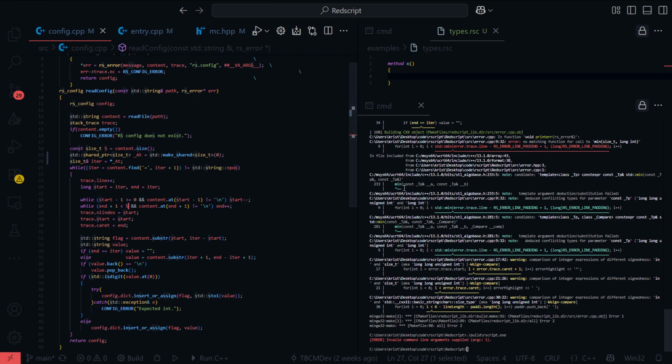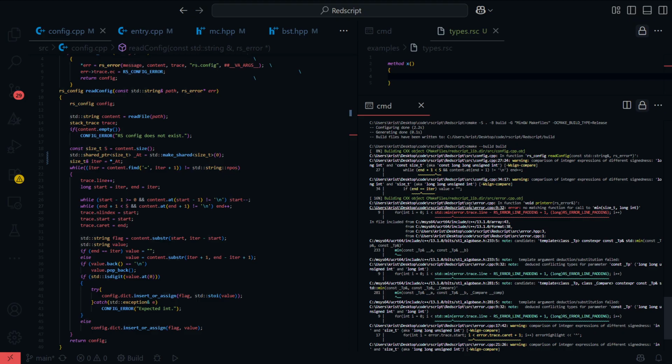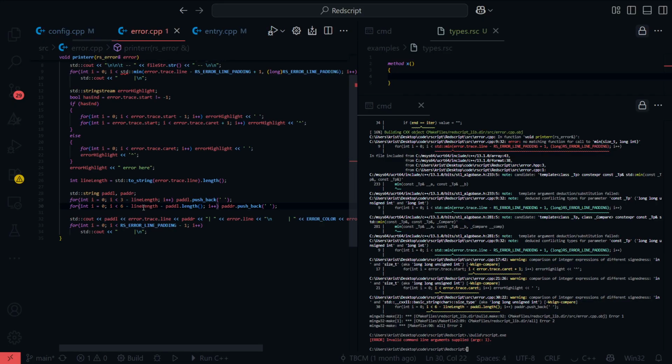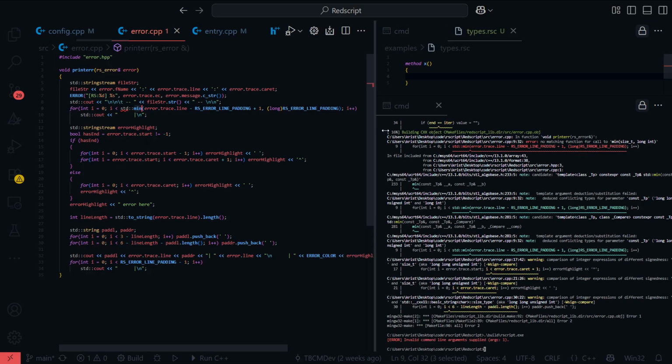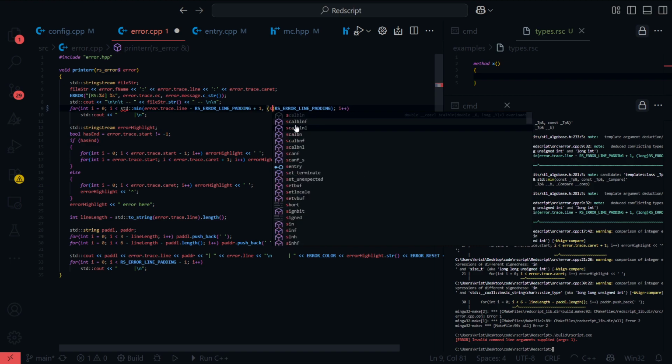But I digress, let's do some real programming, so it's definitely better to be doing this. So comparison of integer expressions of different signedness, that's all it is. Look right here, this is the error function. std::min is screaming right now because I'm casting this to a long, but this trace line is now a size_t, so I can just cast this to a size_t.